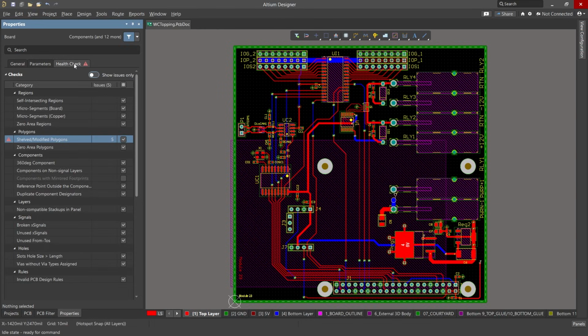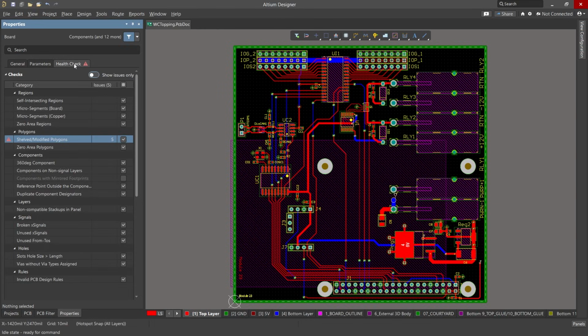For example, PCB components could have 360 degrees rotation value in previous versions of Altium Designer. But this situation is not allowed anymore in the current versions. The software will set such components to 0 degrees. These unhealthy board layout elements may be present in designs created in older versions of the software. The PCB Health Checks functionality is available to help us detect and resolve such issues and other issues that can